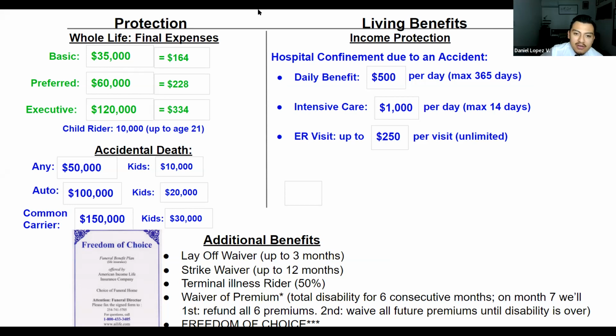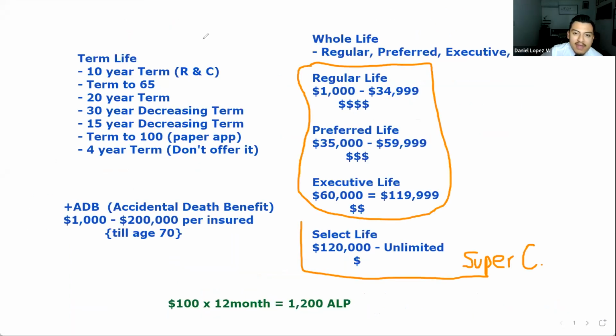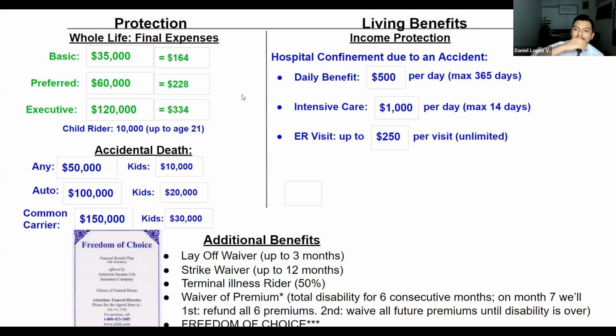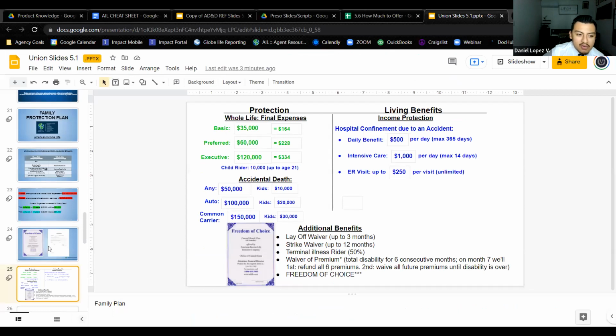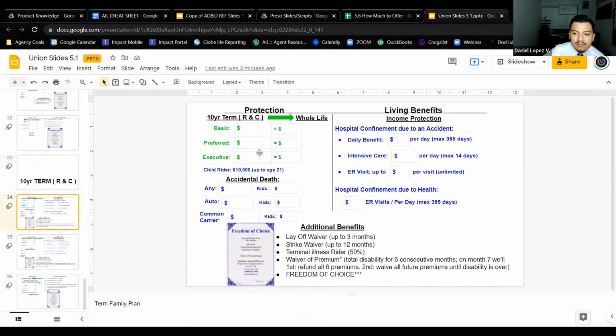Okay, so you want to follow that specific rule. It's always 120, 60, 50, 30, 20, 15, 10, and 5. Now let's say they don't pick whole life. Then cool, you just go to the term. Give them term and try to follow the same rule: 120, 60, and so on. Okay, and that's how you get all that information from the super combo into here.